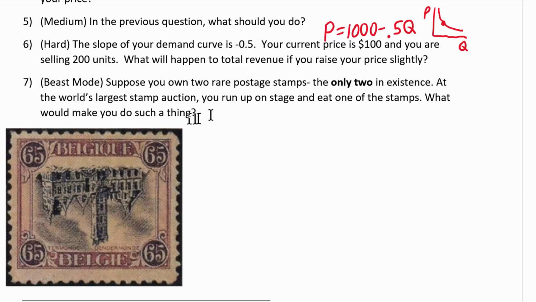And you go to the world's largest stamp auction, and there are hundreds of people there waiting to bid on your stamps. All of a sudden, you run up on stage and you eat one of the stamps, and everyone sees that you ate it and you chewed it up and you swallowed it. Why would you do this? What's something about elasticity that might make you want to run up there, swallow one of the stamps, and only auction off the other? So if you need to, pause the video,